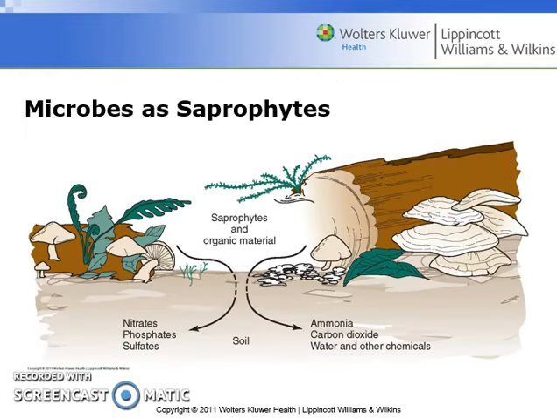So here's an image outlining a microbe as a saprophyte. I told you the primary ones really are fungi. You can see these if you go on hikes, or if you're just hanging out in the woods, or if you walk around York Tech right now, you might be seeing some of the fungus that's out there. Fungi are pretty cool. We're not going to spend too much time talking about them, but they are among the key examples of what a saprophyte is.